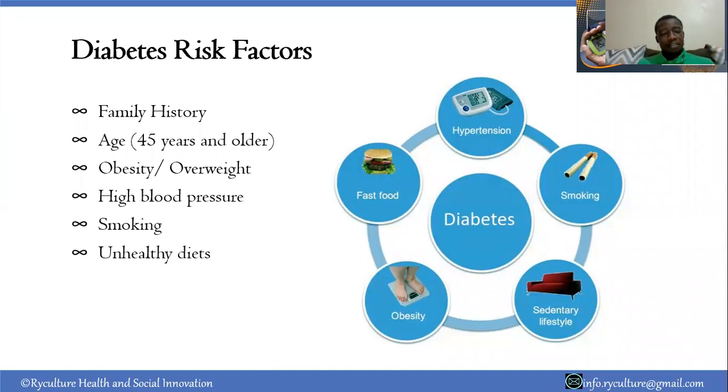Family history, when you have a family member who has diabetes, chances of you developing diabetes as well are heightened. So if that is the case, then it means there's no control we have, but you have to take extra measures to protect yourself from getting diabetes. Because if you have a family member who had diabetes, you might get diabetes as well. So what do you do? Keep an active lifestyle, look into foods that you're eating, and those kind of measures. Avoid smoking, keep an active lifestyle, and always monitor your sugar levels based on different routine medical checkups.